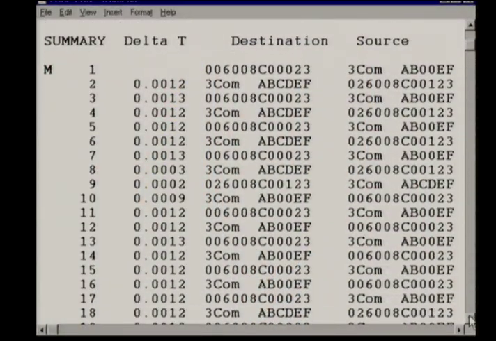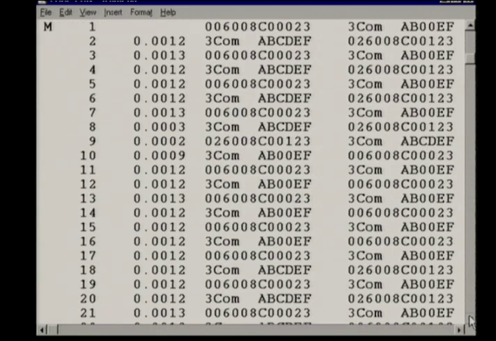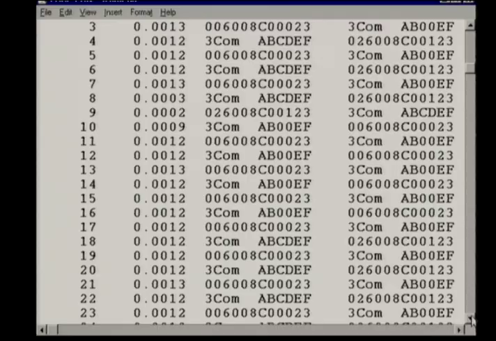Now, if we look at the sniffer output when PACE was enabled, you can see that the packets are flowing back and forth with very close to minimum spacing, and the network is being perfectly shared between the two systems.